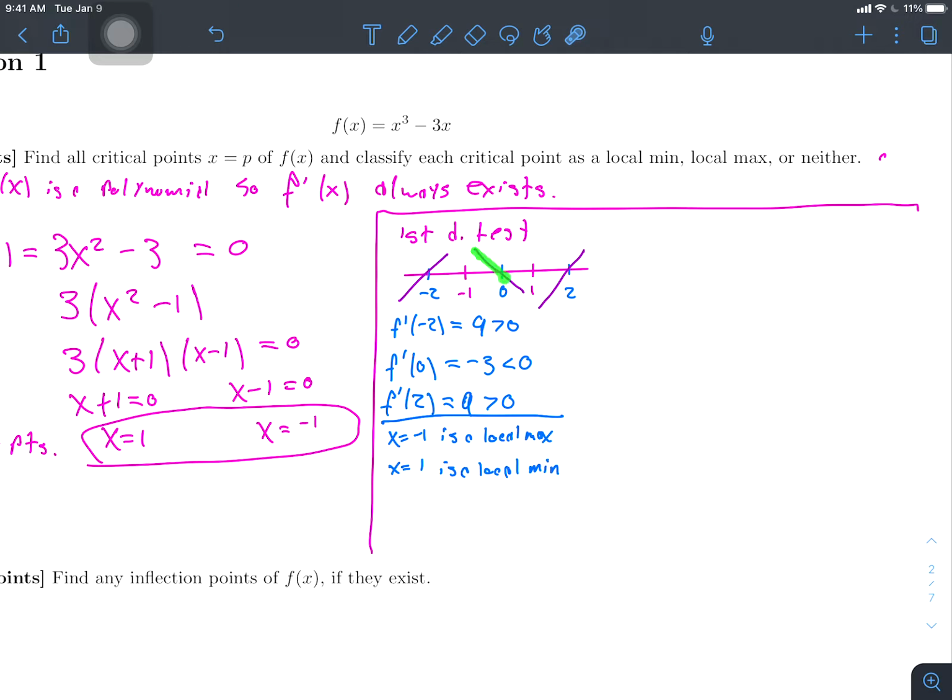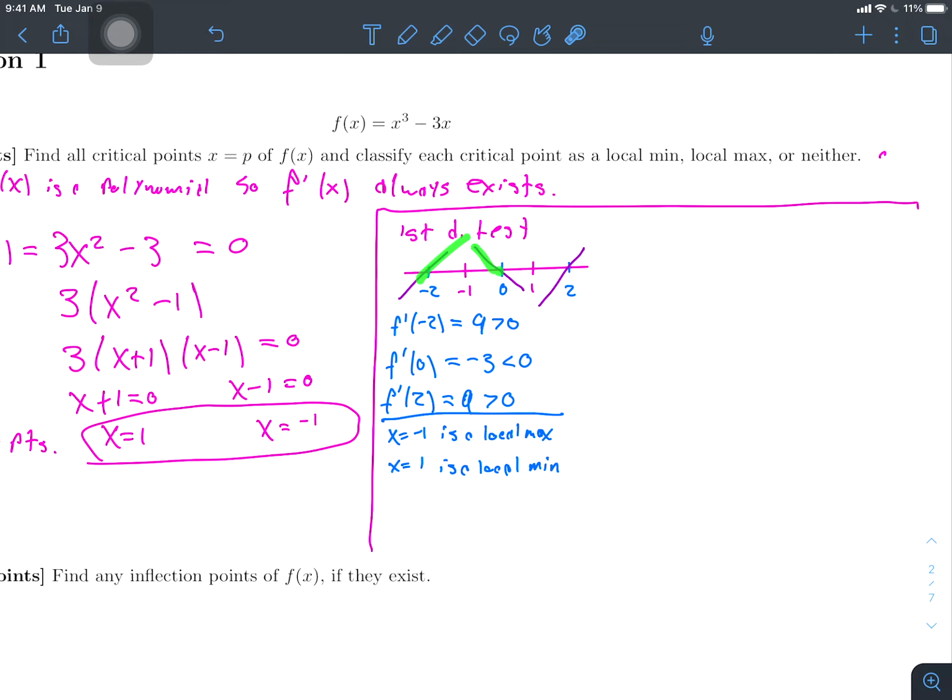Okay? Because if we're going down and then going up, it's a minimum. If we're going up and then going down, we must have reached a maximum. So that's the first derivative test. How would I do it using the second derivative test? Well, using the second derivative test,